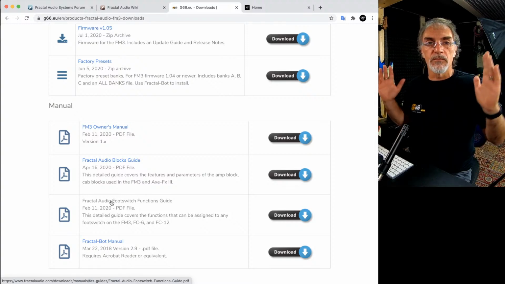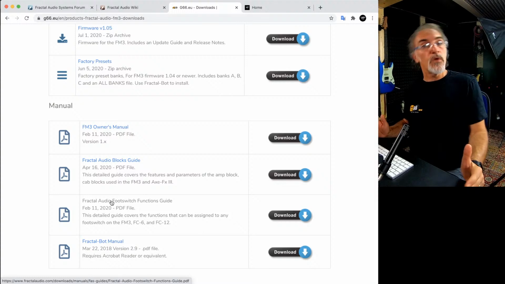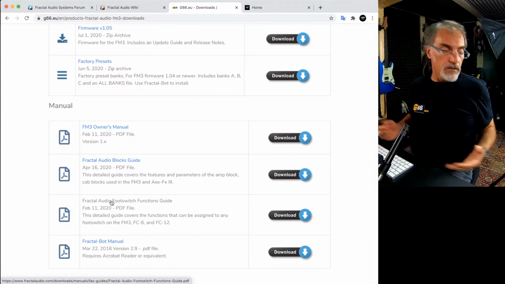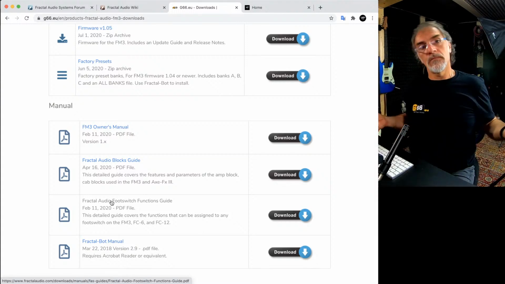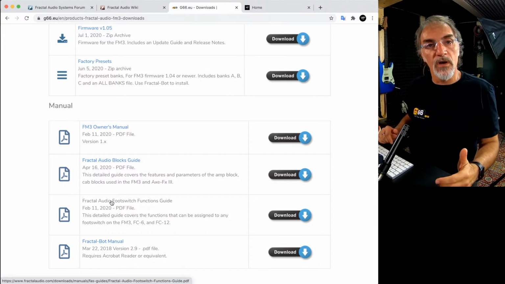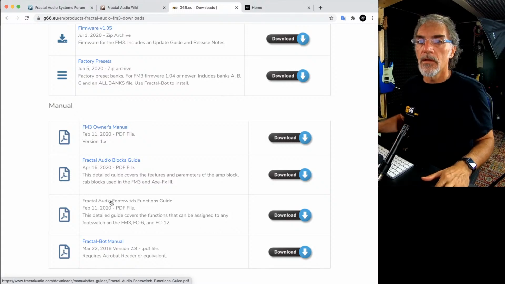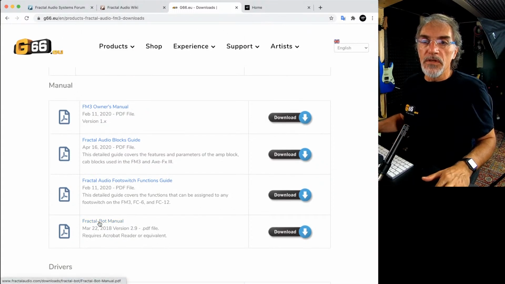Of course, you can expand your FM3 with the FC6 or FC12, very easily, I will show you, with an XLR cable, and you can expand the number of footswitches and the possibilities of the FM3. Okay. This is really important.